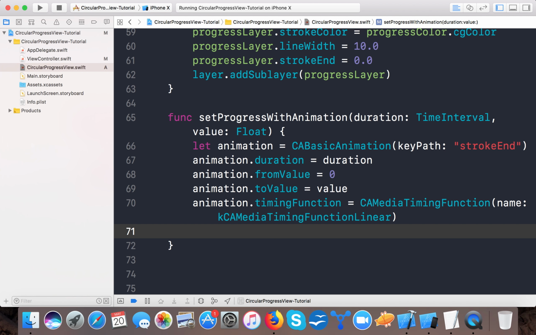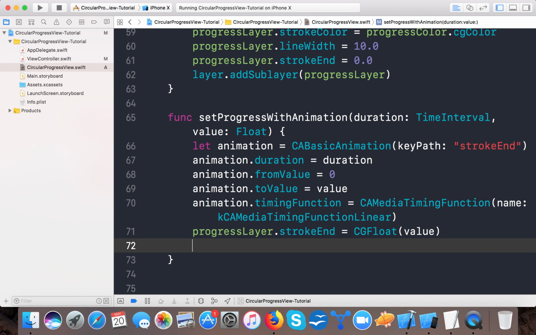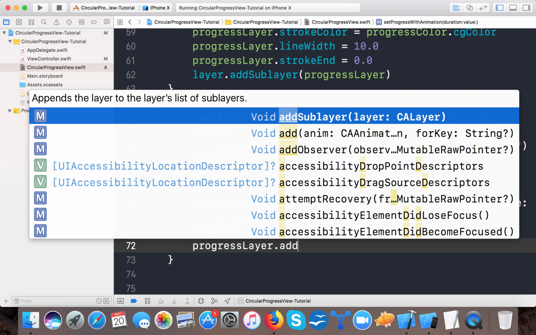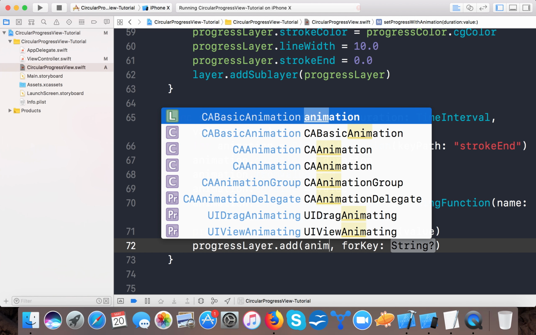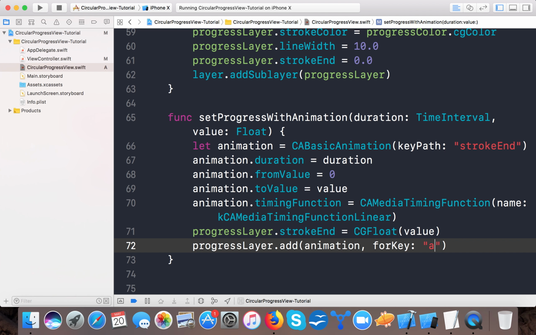And finally we will set the progress layer's strokeEnd equal to a CGFloat, and here we will set the value. Finally we will add the above animation to our progress layer. So progressLayer.add(animation, forKey:), and for the key we will set our custom name,